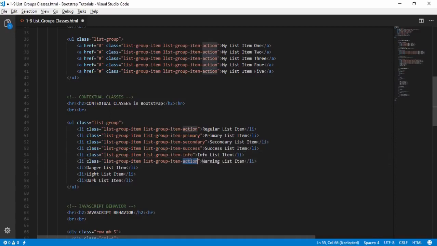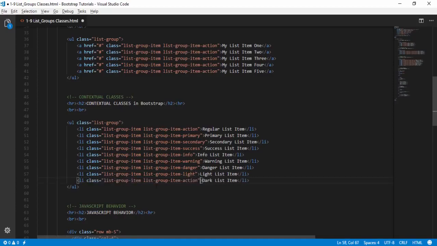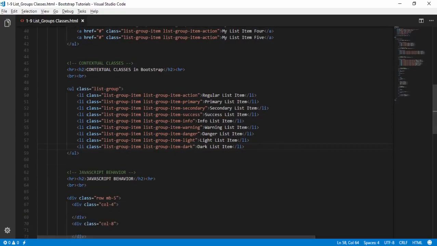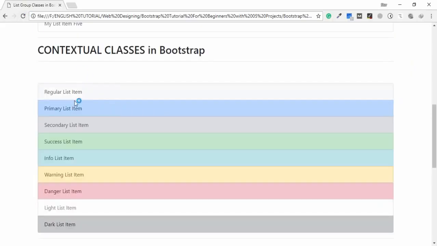and I paste. Warning, paste. Danger, and I paste the code, right, and finally I paste the code and change the last word to dark. Save, open the browser, refresh the page. Okay guys,